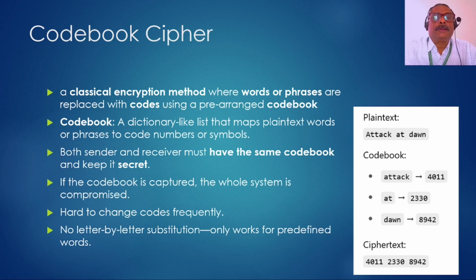There is no letter-by-letter substitution, so it only works for predefined words. That means if any new word comes into the picture, we will not be able to cipher it, because if that word doesn't exist in the dictionary or the codebook, then we cannot have a number for it, and that creates a new problem. We have limited codes available, limited words or phrases available, and the whole message has to be created only using this finite list of words,